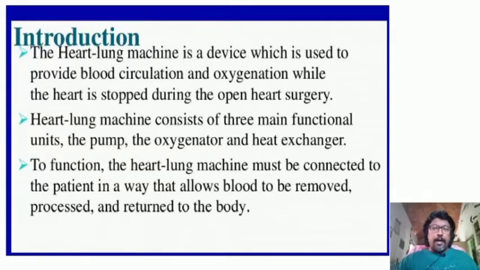So during a heart lung bypass, oxygen poor blood is first diverted from the upper chamber of the heart, right? It is being diverted from the upper chamber of the heart and is being directed to a reservoir. The heart lung machine has a reservoir, as I told you earlier, so the blood from the upper section of the heart will be diverted and it will be entering into the reservoir.